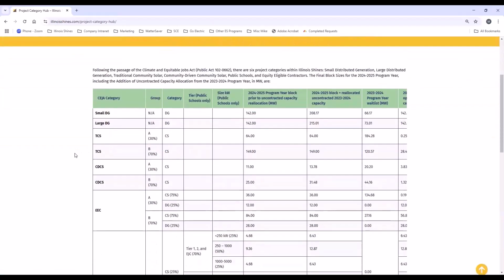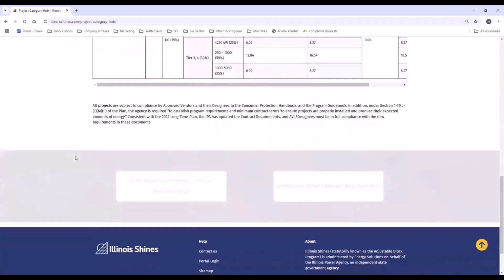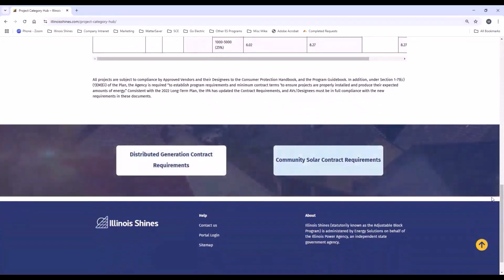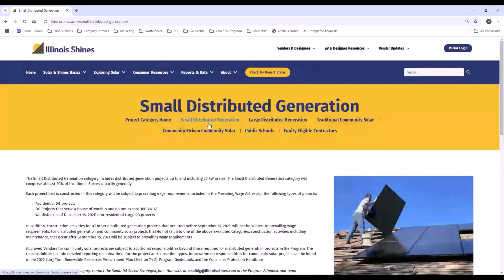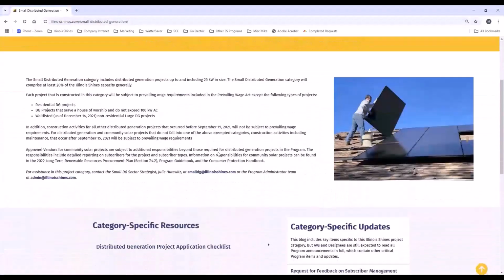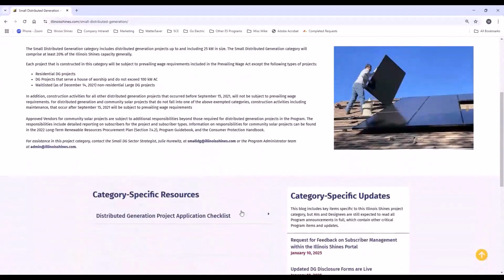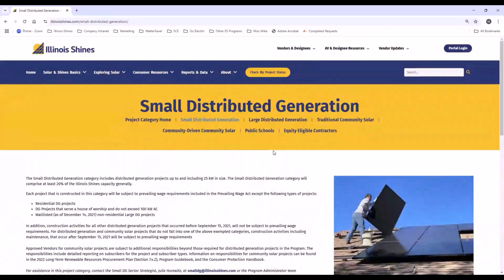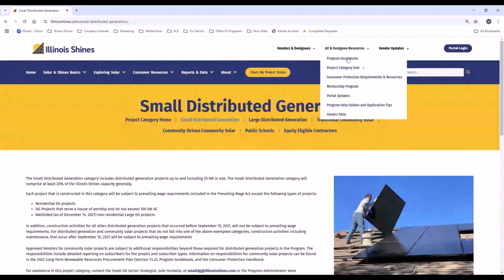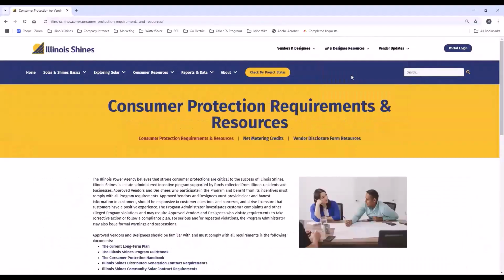This page shares some of the capacity allocation for the block each year, and it shares links to those contract requirements. Each of the category hubs then includes information about the category and some resources specific to that category, blog updates, and more. So take a look at all of the blogs and hub pages for the categories that you're participating in. We do have some quick links for vendors related to some of the key consumer protection requirements and